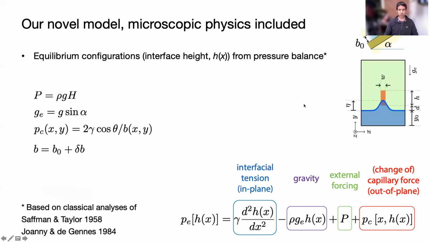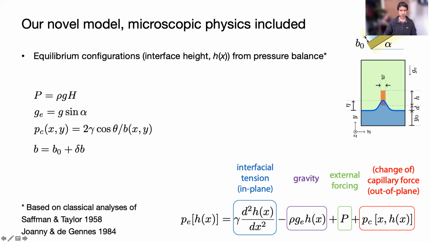So what we do to model that is, again, a very simple kind of setup, or just solving the equilibrium configuration by solving the pressure balance on the interface. So the interfacial configuration is the height at each point x. X is the lateral axis. So y is the kind of along the cell. So h is the height of the interface from the origin. So we solve at every point this equation,